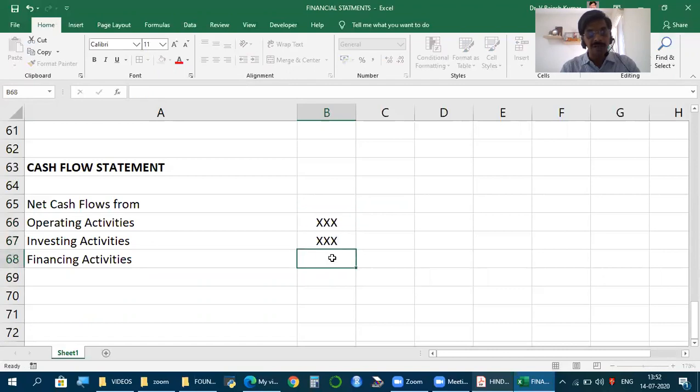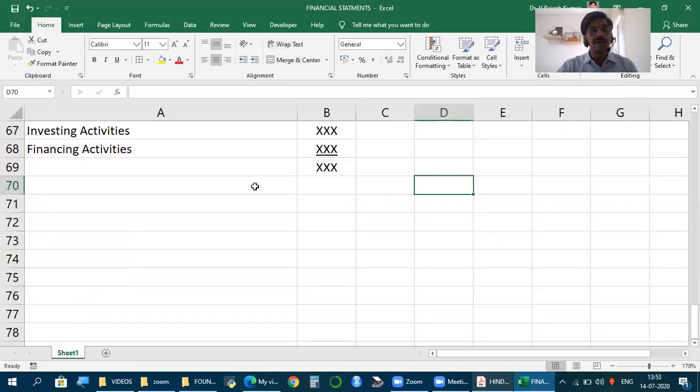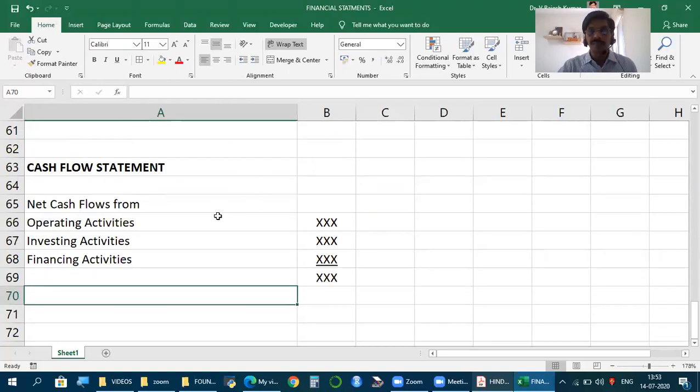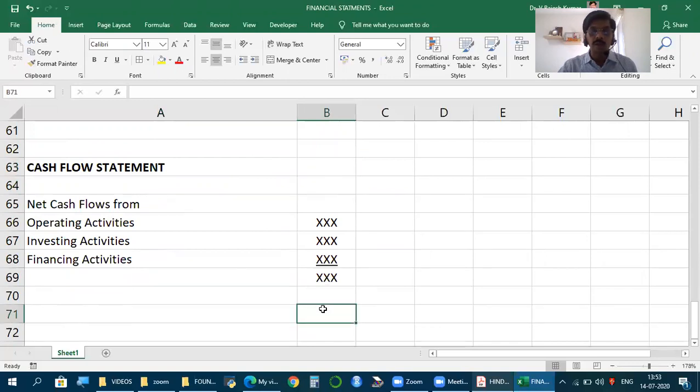And to this net cash flow from operating, investing, financing, whatever you get, when we adjust the difference in opening and closing cash and cash equivalent, the opening balance of cash and cash equivalent and the closing balance, we get a number, but that is actually not what we need. What we need is this. So how much was the opening and closing balance of cash and cash equivalent is irrelevant. Our requirement for analysis is this part. So what is it? How do we use it?